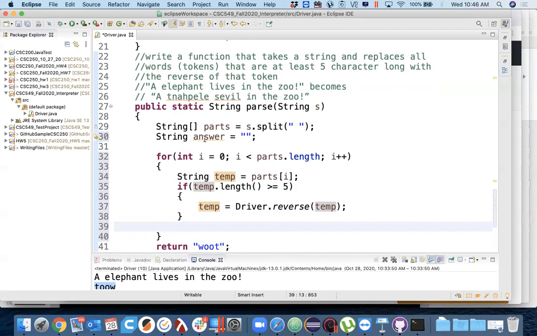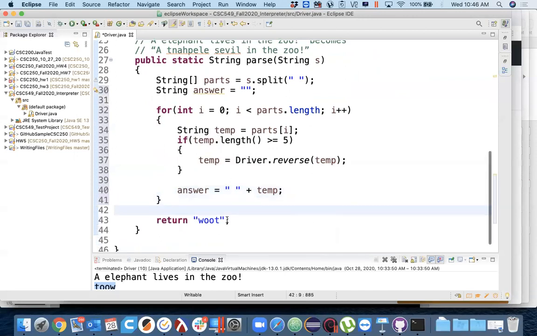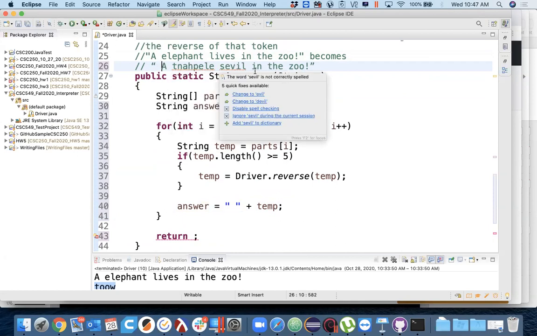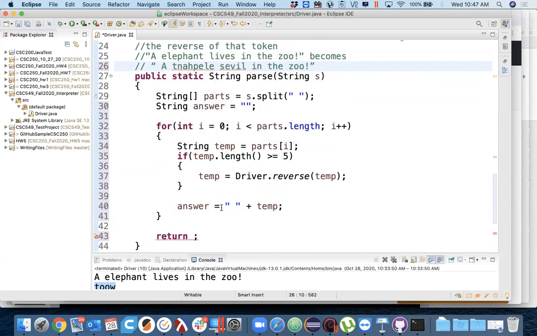So what do I want to do with it? I want to tack it on to my answer. Now, I could always just say answer is equal to the a space followed by a, I'll concatenate onto it temp like that. And at the very end, that will give me a situation where answer technically has 1 extra space at the very beginning of it. You know, if I passed in a elephant lives in the zoo, the output would be space a, then elephant in reverse,